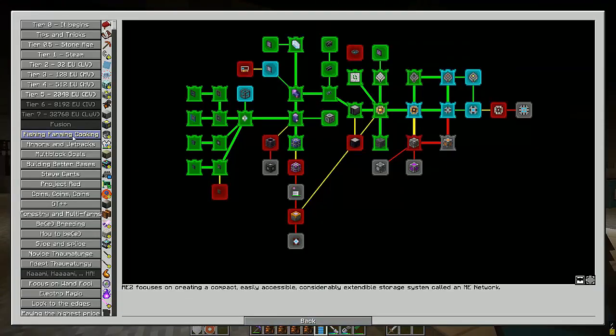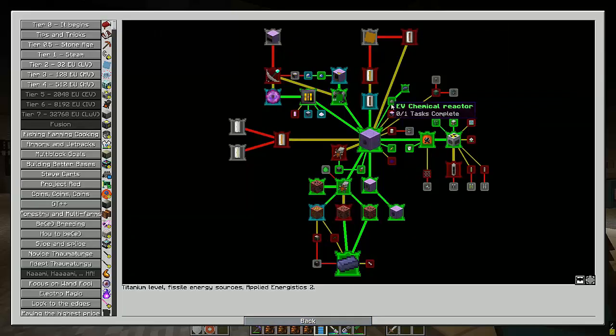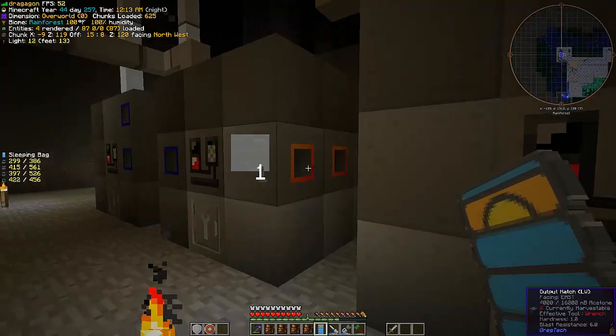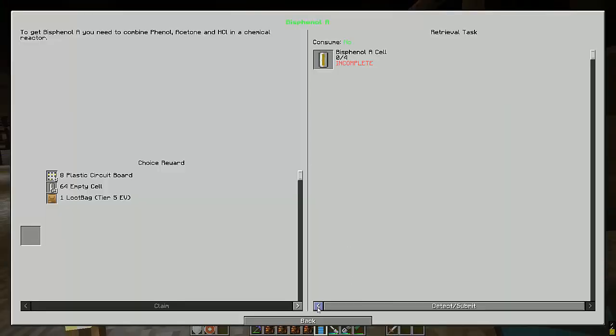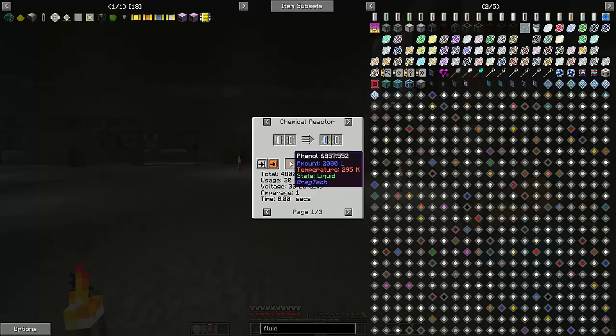So, let's take a look back here in the EV goals. I need to get 4 acetone, and then I need 4 bisphenol A. So let's go ahead and grab those. 1, 2, 3, 4. There we go. So there's that step complete. 4 hydrochloric, 4 phenol, 4 acetone, and it wants me to create bisphenol A. And the only problem with creating the bisphenol A is that I'm going to have to do it in a chemical reactor like this,